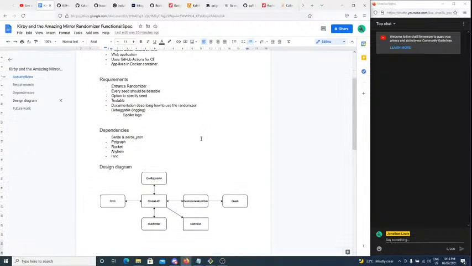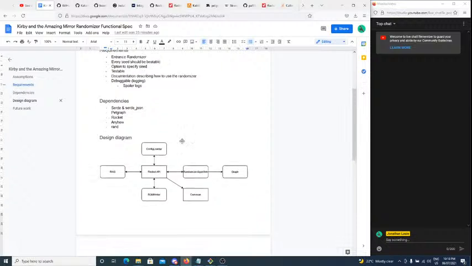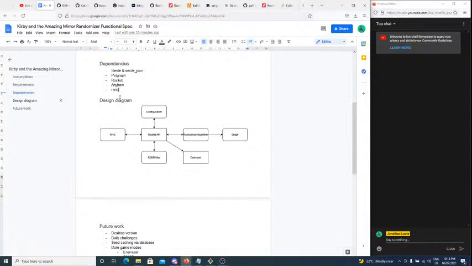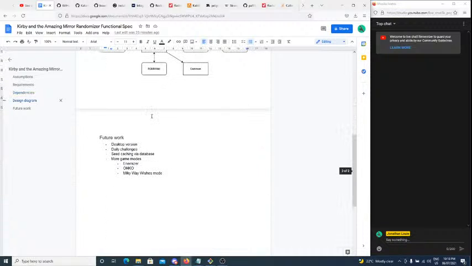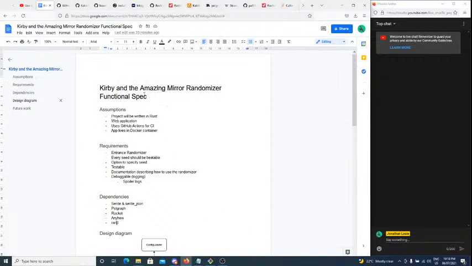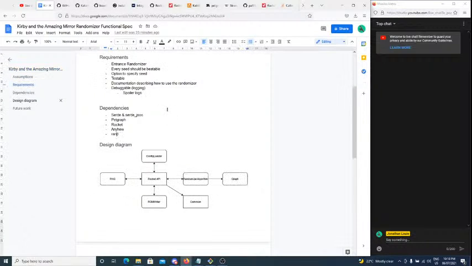I don't think I've really edited too much else here. I've added some more dependencies. I don't know if I talked about that last time, but anyhow, because of error handling in an application, there's probably going to be some recoverable errors as well. So we might need this error crate, but I haven't added it just yet. And we also have rand because we're a randomizer. Makes sense, right? And yeah, that basically covers the changes to the spec.